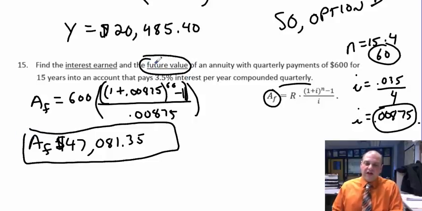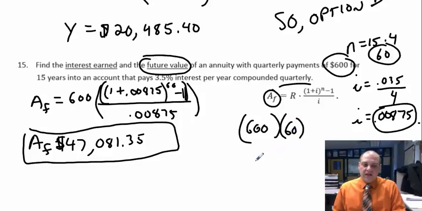AF is the future value. Now, what's the interest earned? Well, the interest earned is going to be the amount you put in taken away from that. Because don't forget, you're putting in 600 every quarter. So 600, 600, you're adding 600, adding 600. That's your own money that you're putting in. All right, now the rest of the money is the interest. So what is 600 times how many payments? Well, we said 60 payments. 600 times 60 is